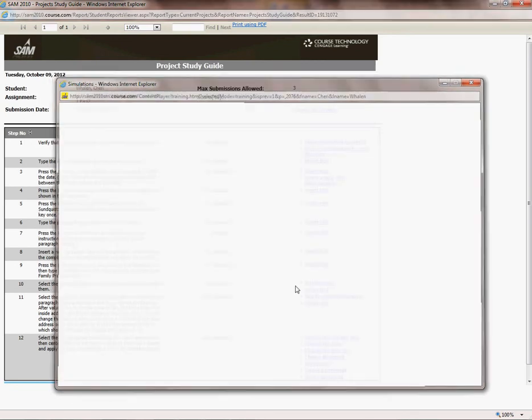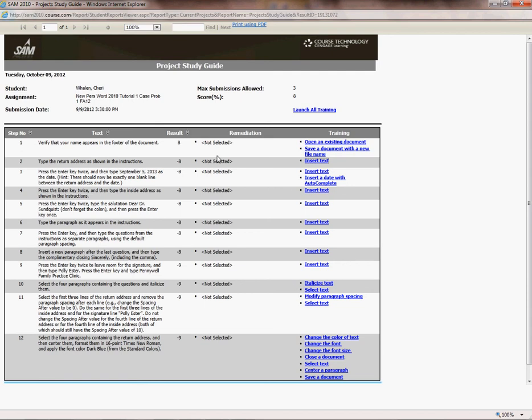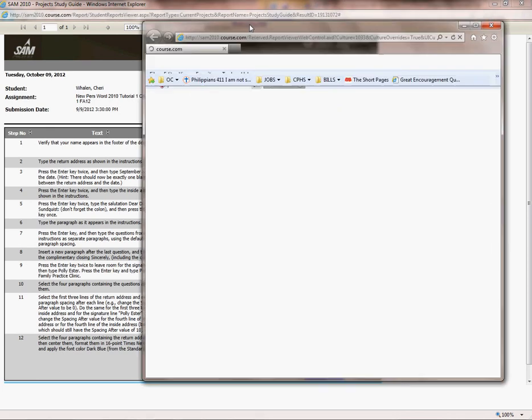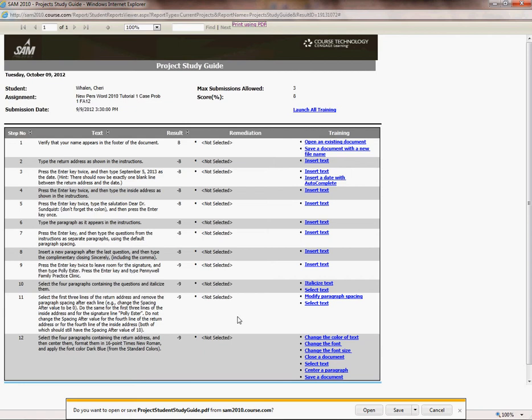Please don't use the Windows Exit X. Please always use exit from the internal exit on SAMS. I'm going to say yes and close. And then you're back to your document. You can save,